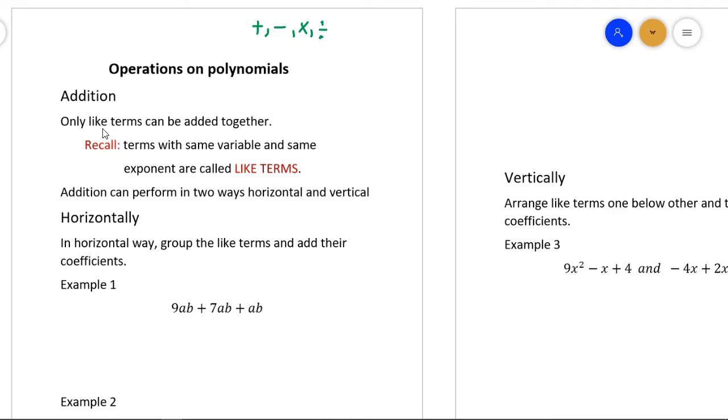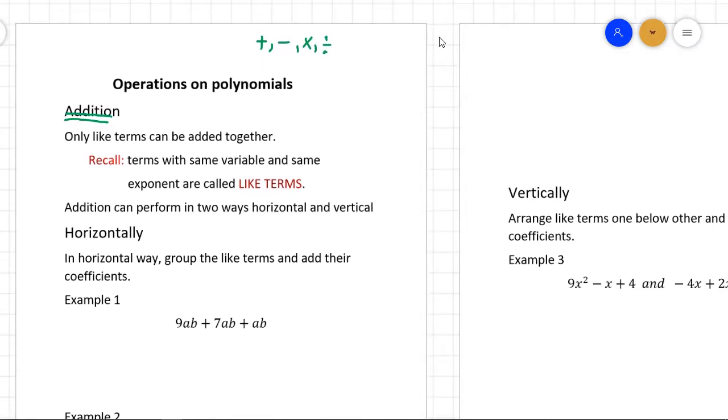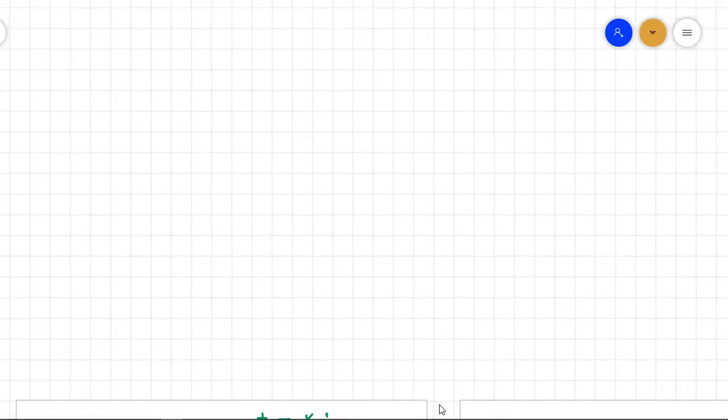First of all, we will learn how to add polynomials, but before starting to operate on polynomials, let's go over some basic concepts which will help us in adding, subtracting, multiplying, or dividing. You have to learn that